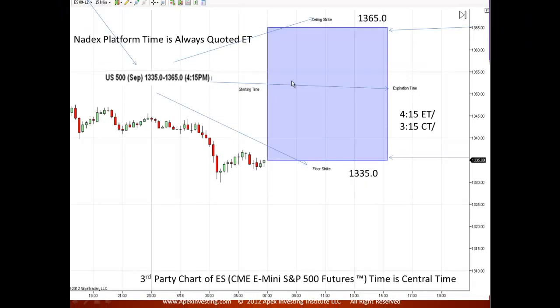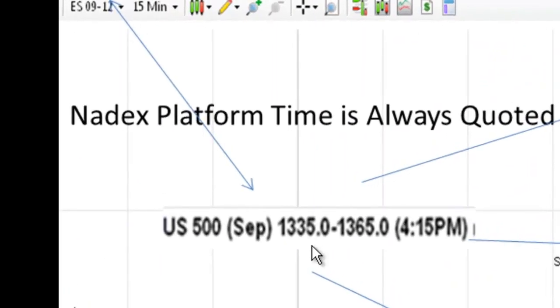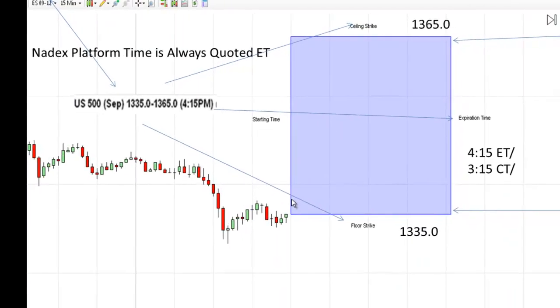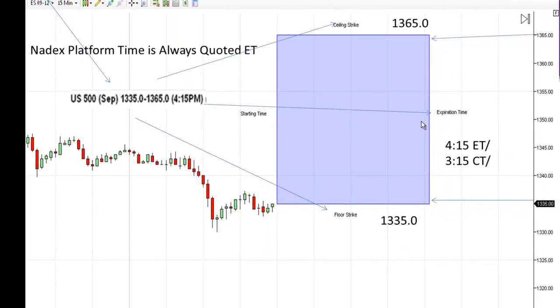So looking at that on a chart, we're looking at the S&P E-mini 500 futures, the September contract, and if we were to draw the actual box on a chart, we can see the starting time of the spread at 7 a.m. Central Time, and the ending time of the spread at 3:15 Central or 4:15 Eastern. In addition, you can